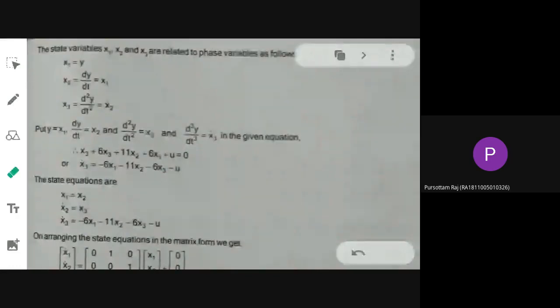There are various versions of obtaining the state model. State variable. So you can obtain the state space model. The state space model can be obtained in three different ways by using physical